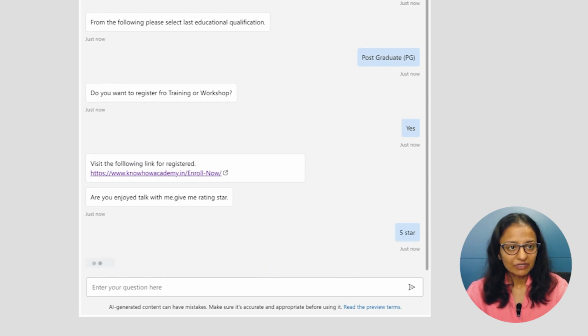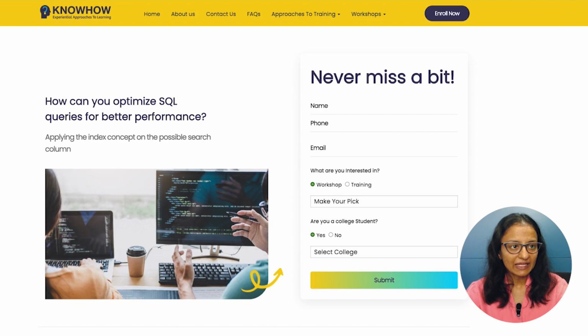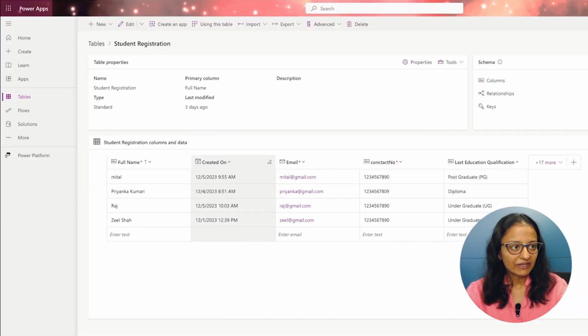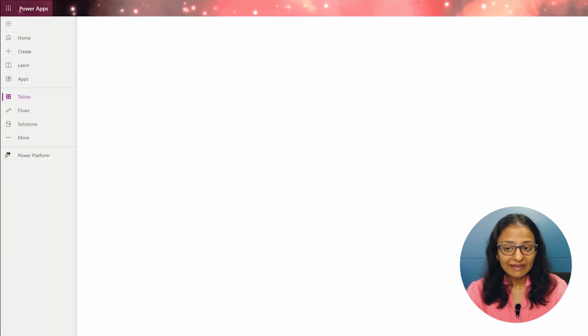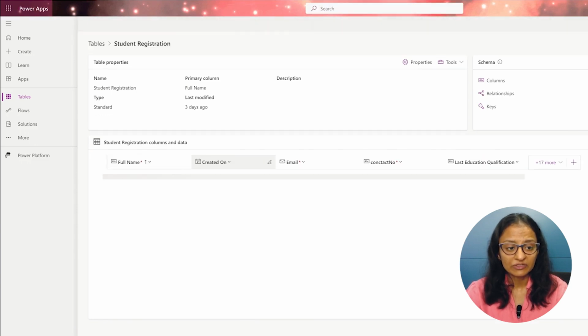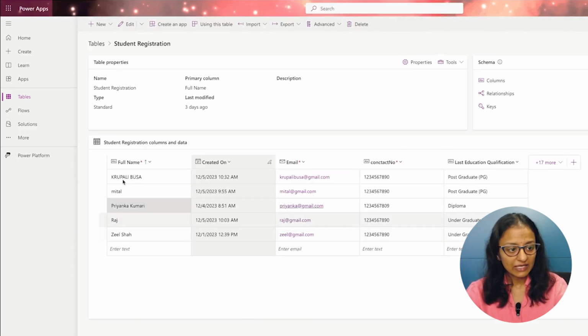Now see, whatever data I have entered, if I refresh this page, I'm using the Dataverse to store the information which the user is providing to the chatbot. Now see, I registered.